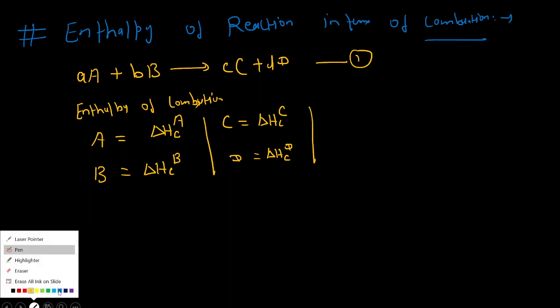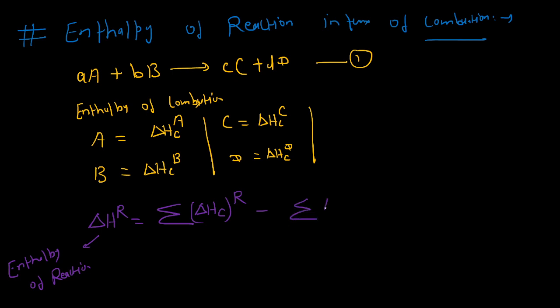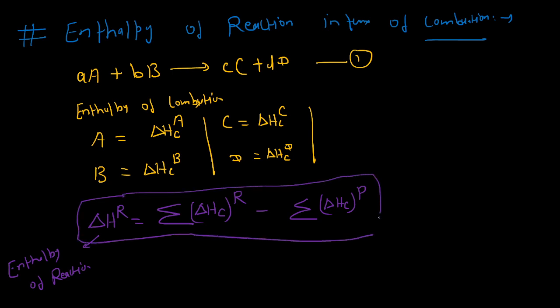So we can calculate delta H of reaction. Here it will be called the enthalpy of reaction, that is equal to summation of delta H of combustion of reactants minus summation of delta H of combustion of products. So try to remember these things. It's very important. Here the case is different as compared to the formations. In the formation it was product minus reactant. So here it is